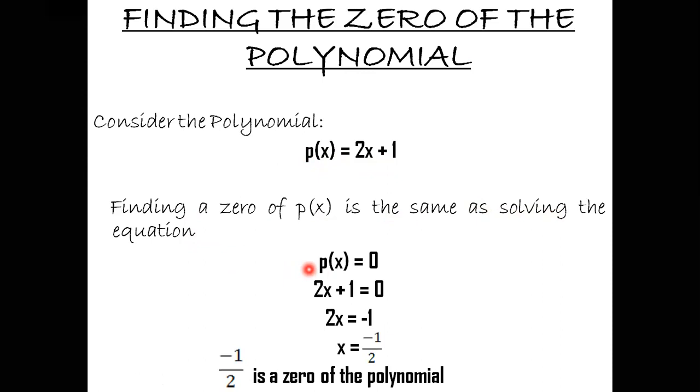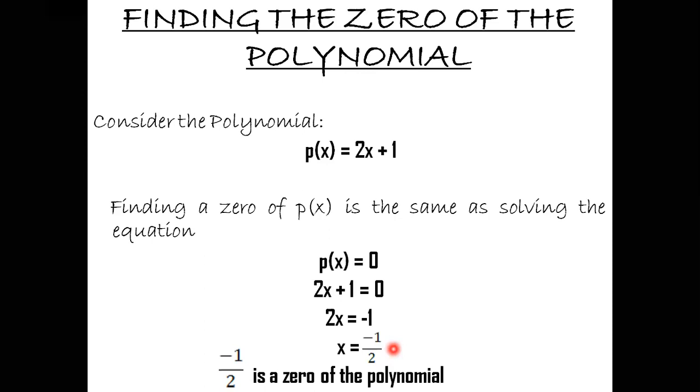So what is the first line of the solution? That P of x is equal to 0. Now what is my P of x? P of x is equal to 2x plus 1. So instead of P of x, I shall write 2x plus 1 is equal to 0. And then simply solve this equation. So plus 1 goes to the other side, it becomes minus 1. So I have 2x is equal to minus 1. And then it is 2x, that is 2 into x. So if this 2 goes to the other side, it becomes minus 1 upon 2. So what am I getting? x is equal to minus 1 upon 2.